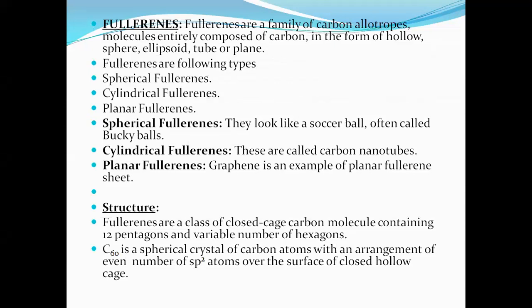Now, let me see the final discussion in the carbon nanotube. You see this, that is known to be a fullerene cell. What is known to be a fullerene? The fullerene is a three-dimensional C60 carbon nanomaterial. Before we discuss C60, let me explain the different classifications of fullerenes. There are three main classifications. The first is spherical fullerene, number two is cylindrical fullerene, and number three is planar fullerene.